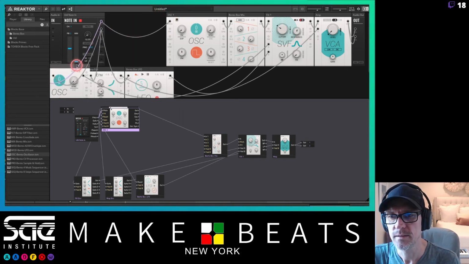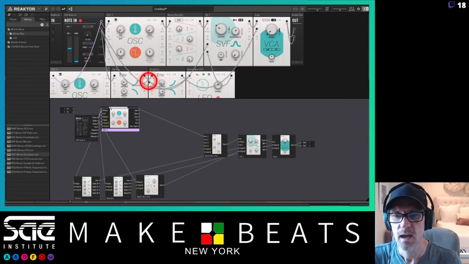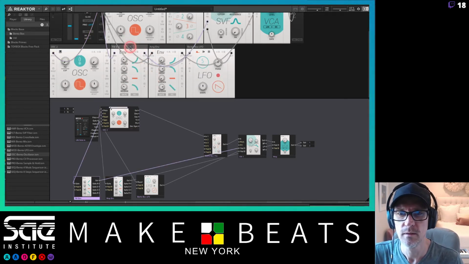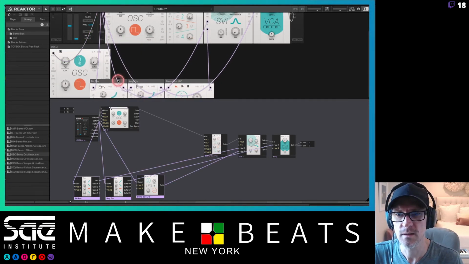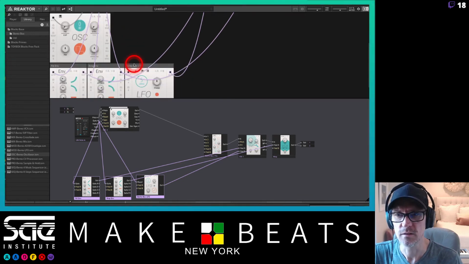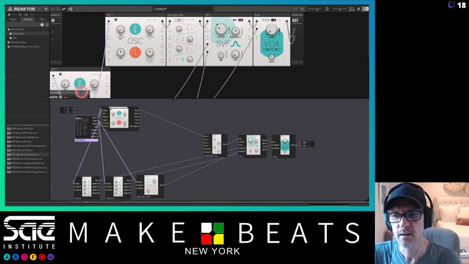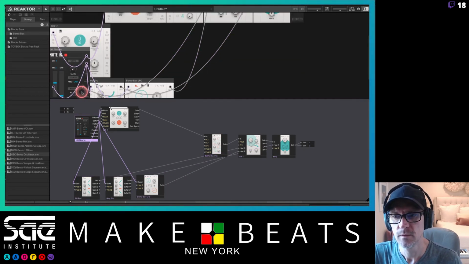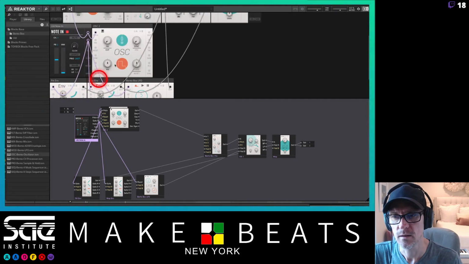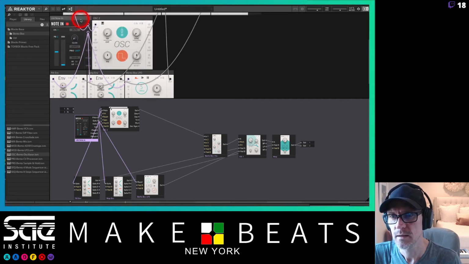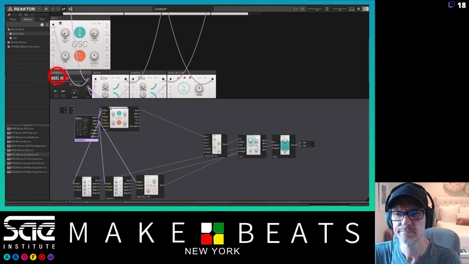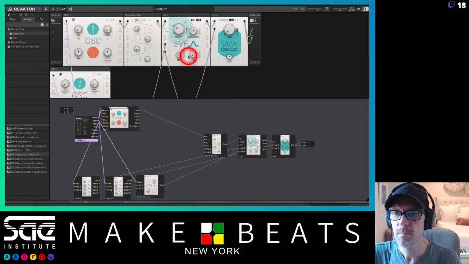I'm going to put it down here like this and move all these things down. Hold down shift to highlight them, and I'm going to just move them down another layer. So now I've got this oscillator here and this oscillator down here. I'm also going to use this note in and move this down as well to right here. Okay, so I've got oscillator 1, oscillator 2, and I'm going to have the oscillator 2 go into